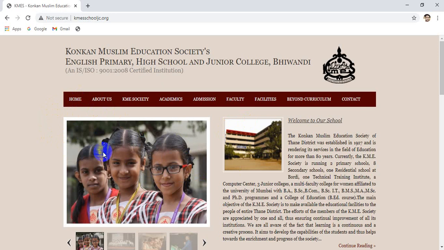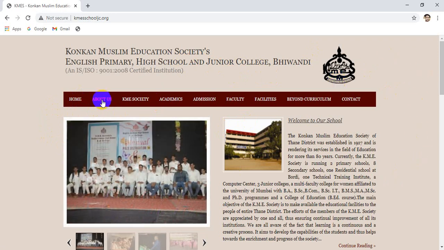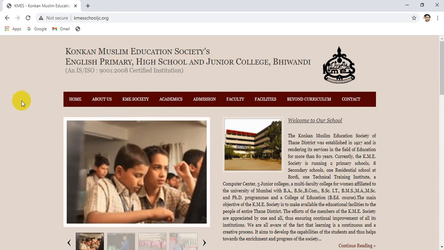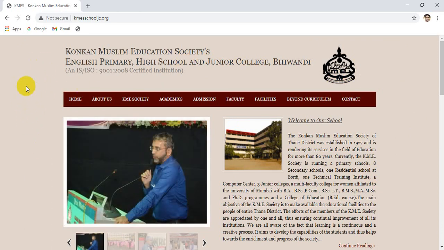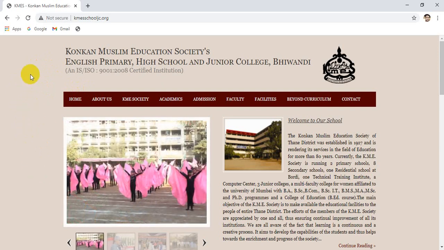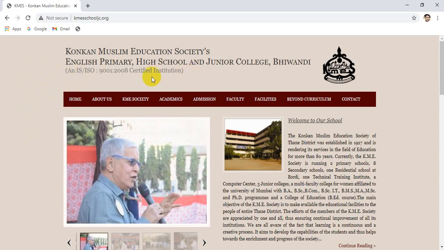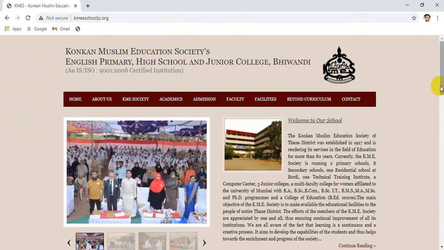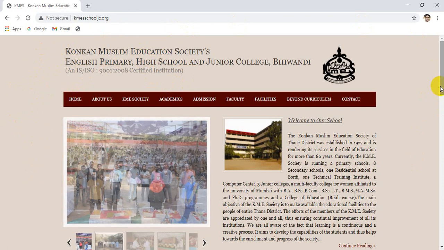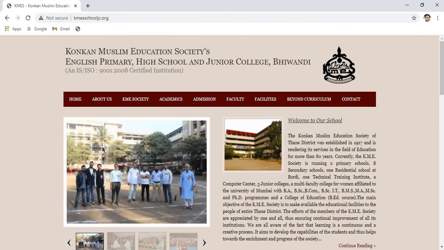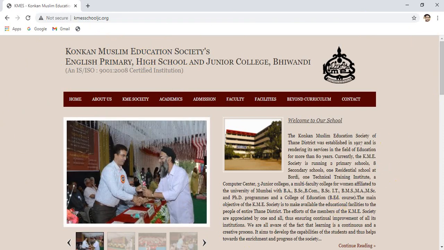But our focus of today's lecture is to insert a background image. So in that particular website there is no background image. The background is blank. It's a color. You can see that the color of the background is, I think, a pink color, or you can say pinkish gray. So there is no background image. The background image will acquire the whole of the page, which means we are going to add a background image. So how can we insert a background image by using CSS?